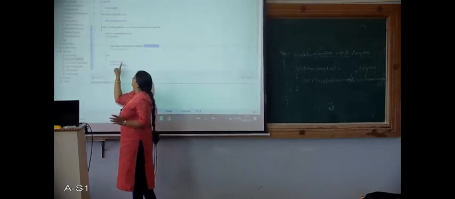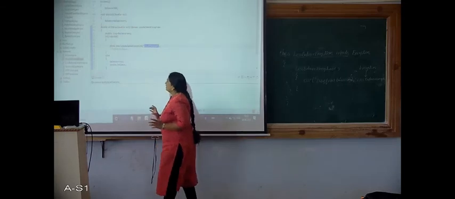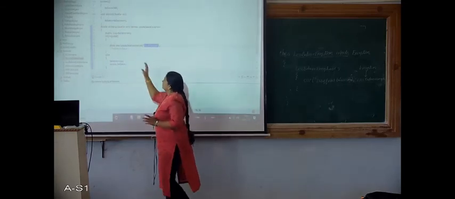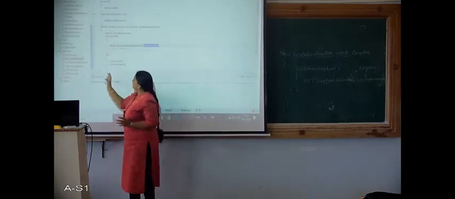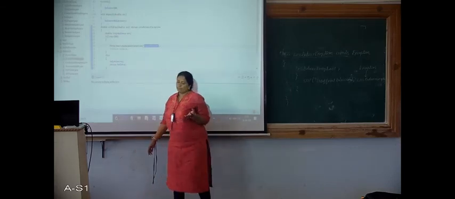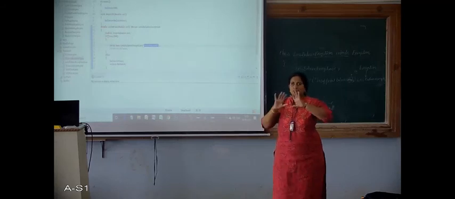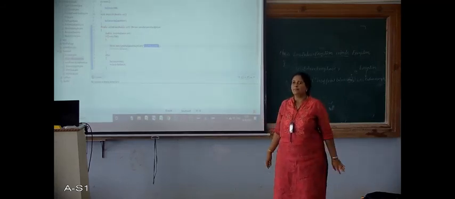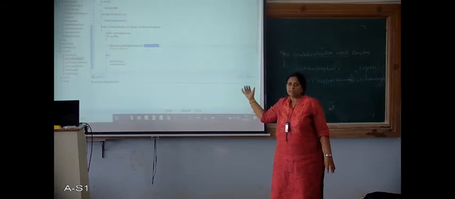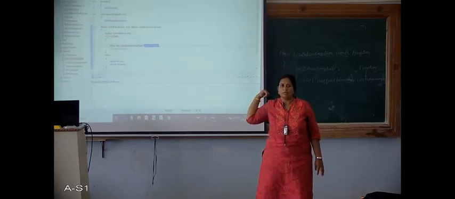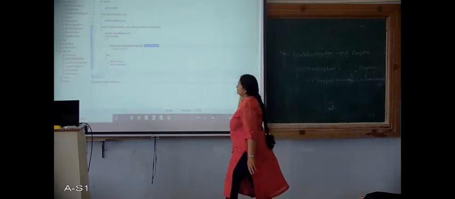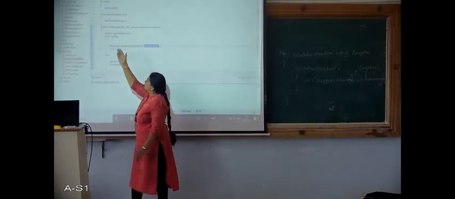That means the balance will be updated accordingly. And here we have taken the return type. I have not written any display method, so whenever the account holder withdraws some amount, that will be displayed. You can even have a display method as we discussed earlier, and you can write void over here if it is not returning.